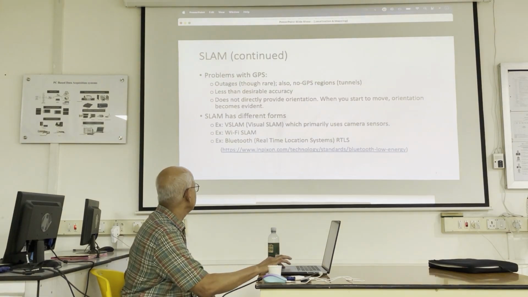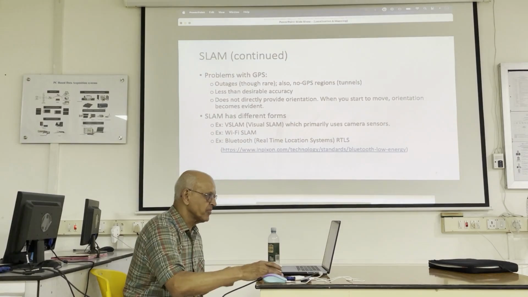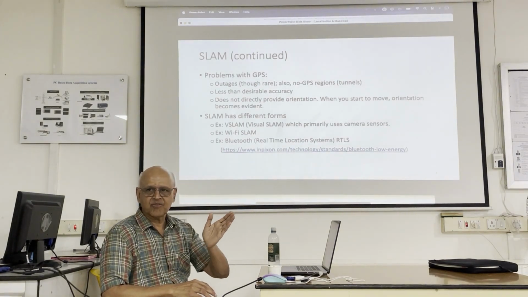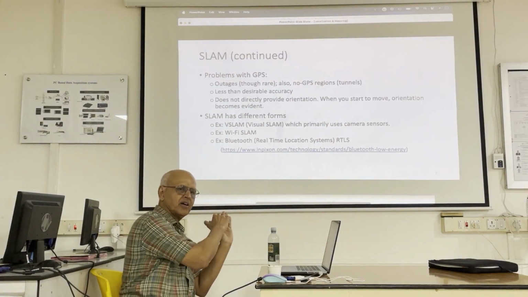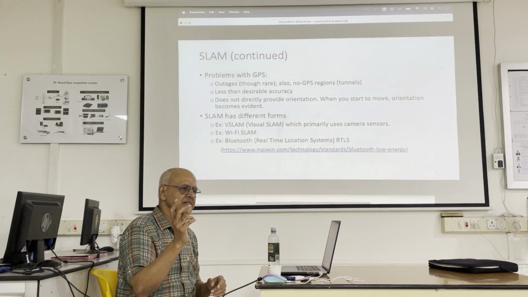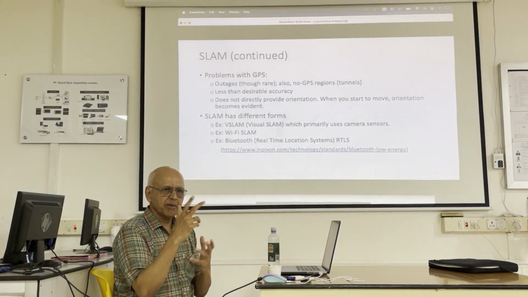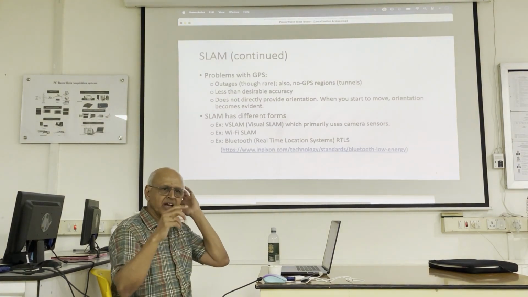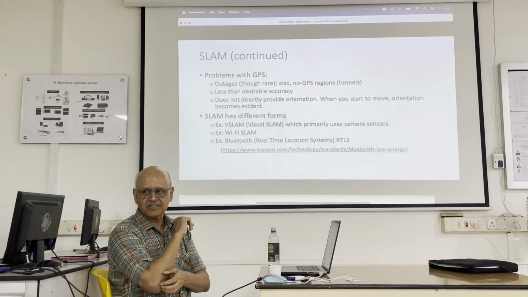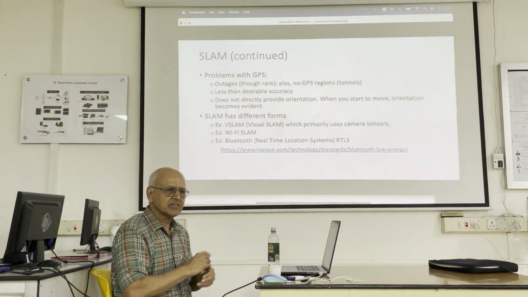And then Wi-Fi SLAM is available. It's not common, but it's available. Several years ago, there was a lady driving in the dead of winter. Her car went off the road into deep snow, but her cell phone was still alive. Somebody reported her missing, and after a while, they were able to find her position from the cell phone towers. So you can say that that's like a Wi-Fi SLAM,